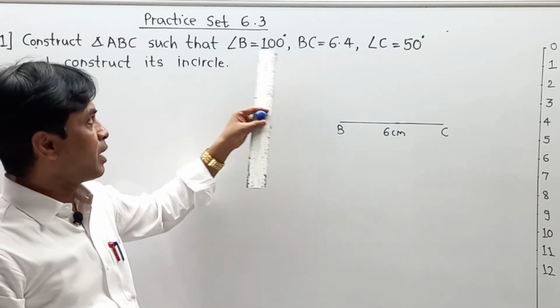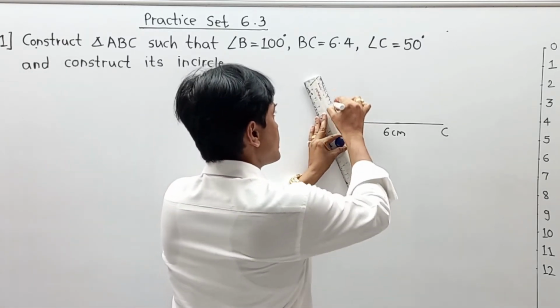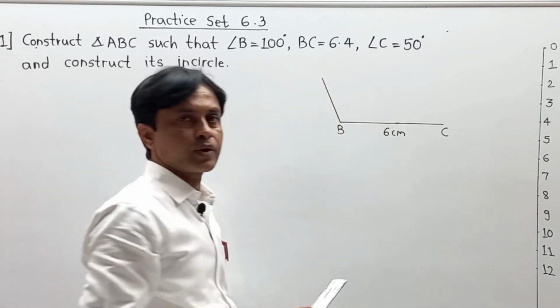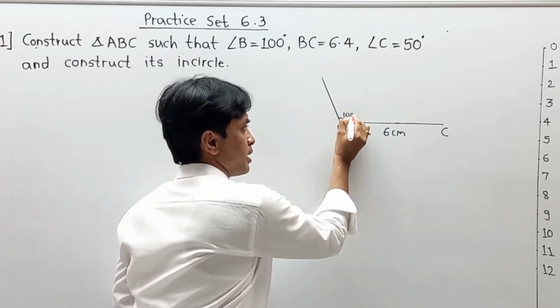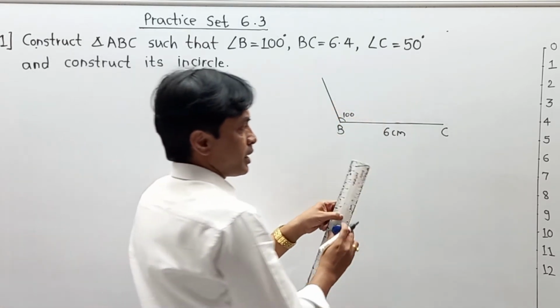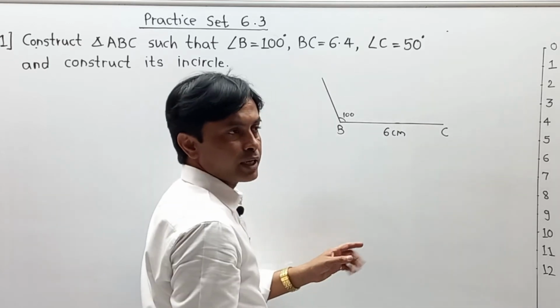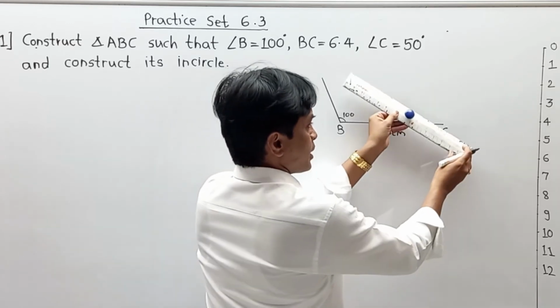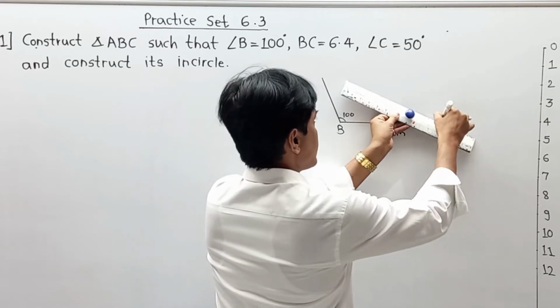After that, our angle B is 100 degree. So our respective angle B is 100 degree that I have drawn. Take precaution that this B is 100 degree. Next, you have to draw angle C as 50 degree. Remember, some students think that if we draw this angle as 50 degree, then automatically you cannot draw the triangle diagram. Your angle B is over here in this direction of 50 degree.